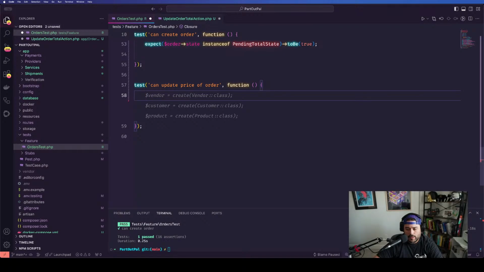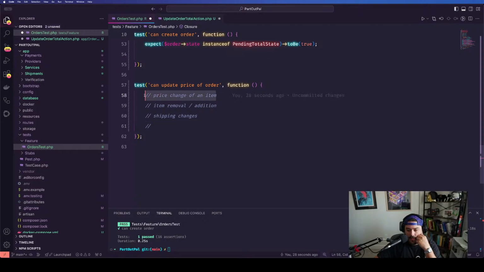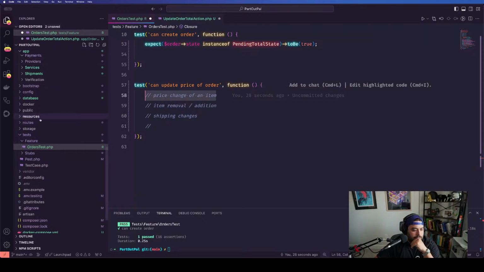First of all, test can update price of order. And what are some of the things that can update an order? Let's just think about this. Price change of an item. Item removal, addition on the order. Shipping changes. And I think this is more complicated than just an action. I think that the various actions that do this need to then move the state machine back to or forward to the pending customer total. So